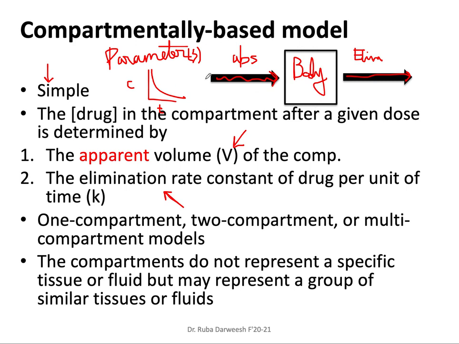And the kinetic processes we represent as arrows entering or getting out from that compartment. We may have one compartment, two compartments, three compartments or multiple compartments, but usually after the three compartment model, we don't go into further compartments,